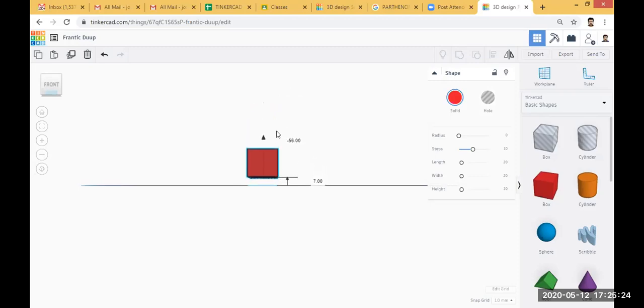To position the object at a certain height from the work plane, you can use this arrow, or you can enter the value. You can see the height value is actually 52 mm. You can change this value to, say, 80 mm. In that way, you can change the dimension. With this arrow, I can move this object upward or downward.